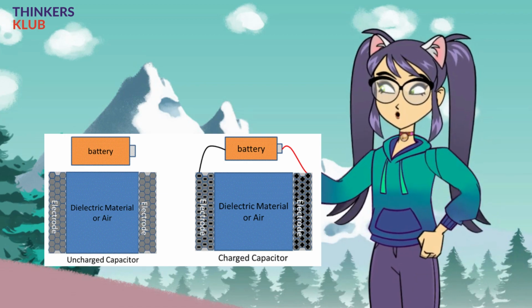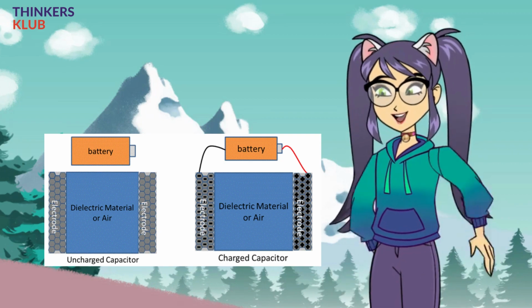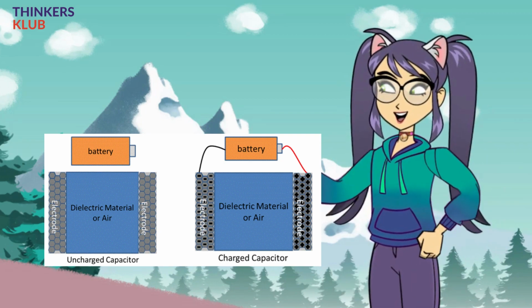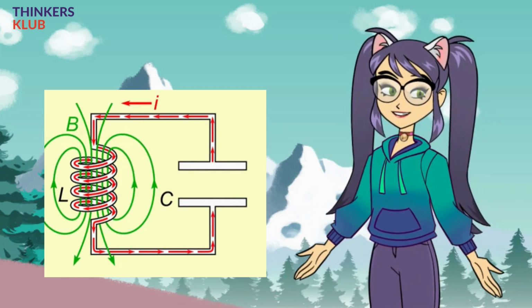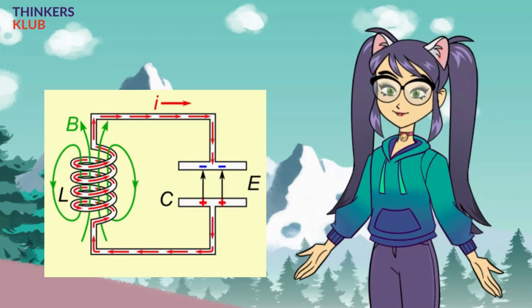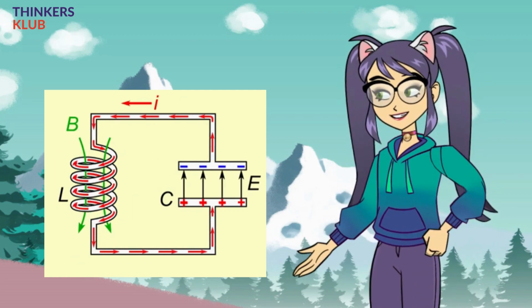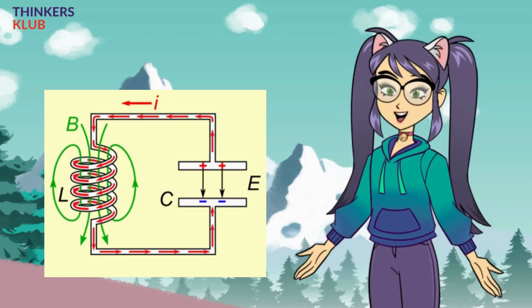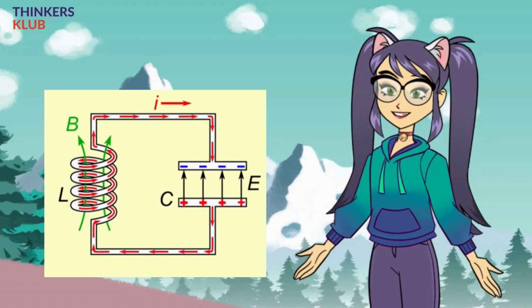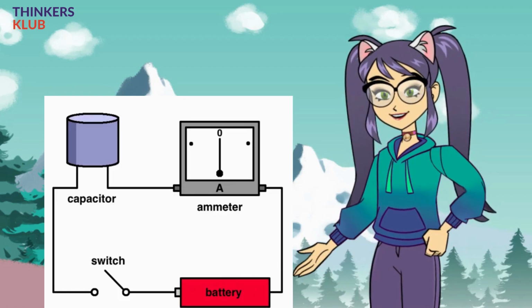5. Timer circuits. Capacitors can be used in conjunction with resistors to create simple timer circuits. For example, an RC (resistor-capacitor) circuit can be used to create a time delay before a specific action or event occurs in your Arduino program. 6. Debounce circuits. Mechanical switches and buttons can generate bouncing signals when pressed or released. Using capacitors in combination with resistors can create debounce circuits, ensuring that the Arduino receives a clean and stable signal